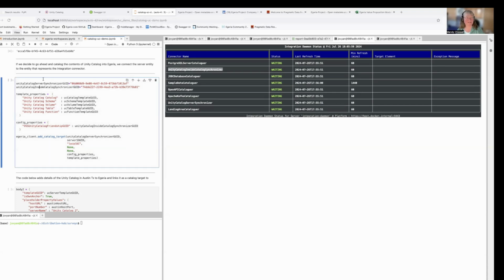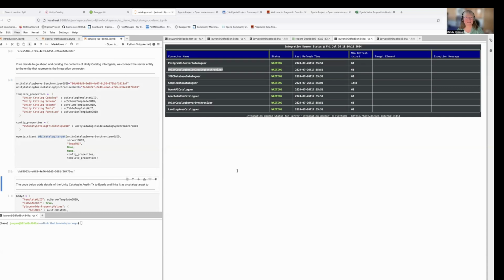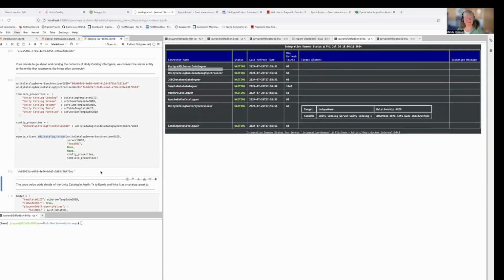So here's the code that does it, and it's called add catalog target, because that's the name of the relationship between the entity that represents the integration connector and the entity that represents the server. So here we go. Let's press play and see what happens. Okay, so we've got another GUID back, and that's actually the relationship's GUID. And you can also see that the widget is now displaying the fact that the local Unity catalog is now a target of this particular